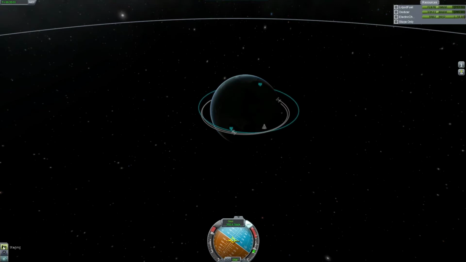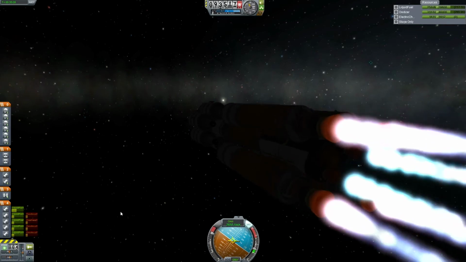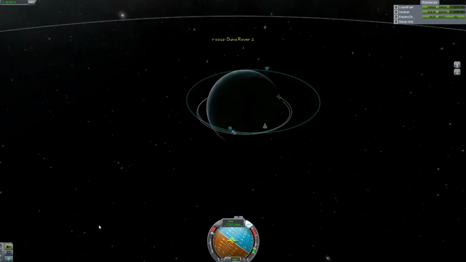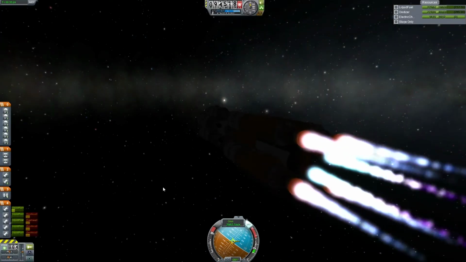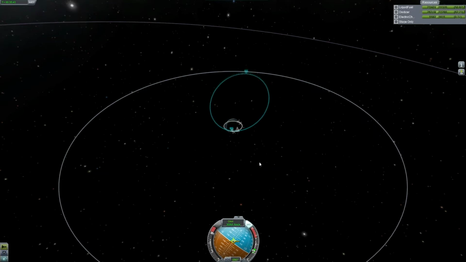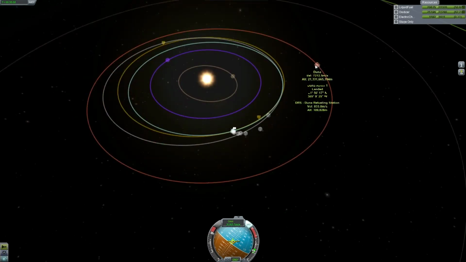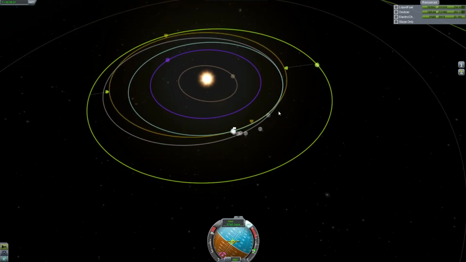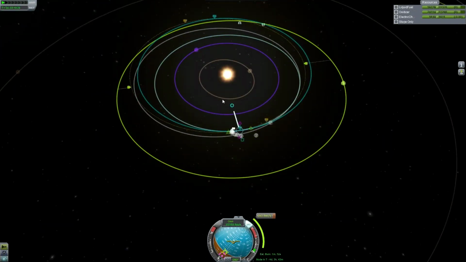switching to 4 times speed because it's going to be a long flight, especially with all the screwing up that I did. Right now, I should have waited around Kerbin and maybe done 20 or 30 more orbits around the planet. But I said screw it, I can make it, and it's going to be bad. If you see the encounter right here, there you go. It's really far out,